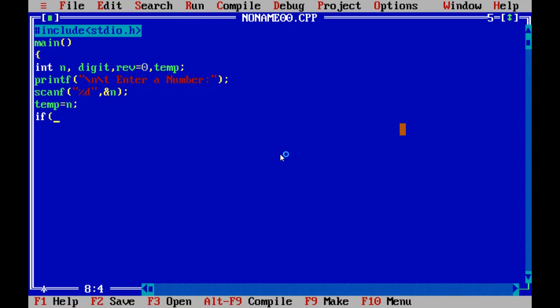If n is less than or equal to 0, printf("\n Invalid number.